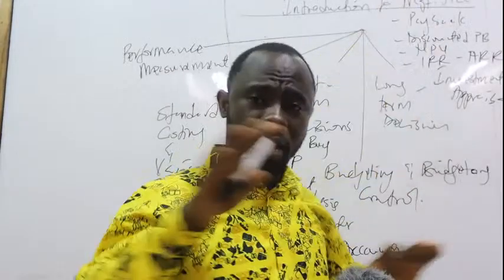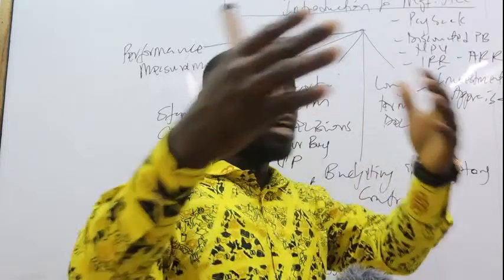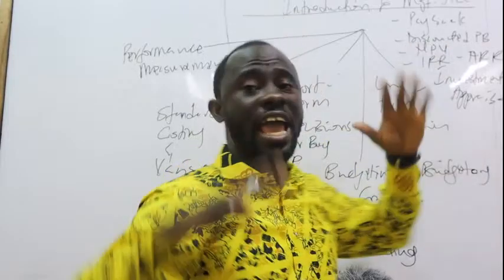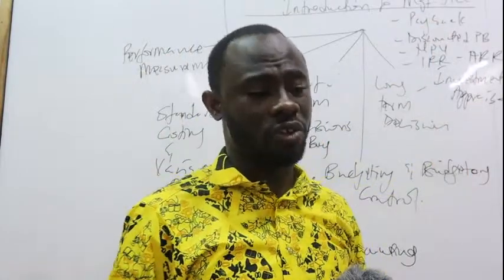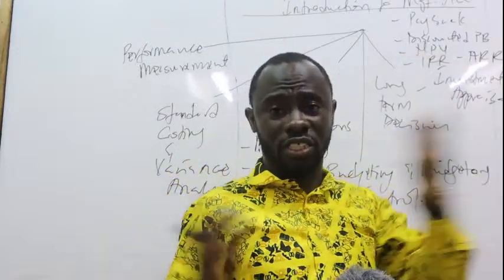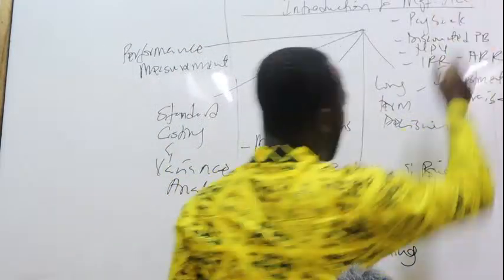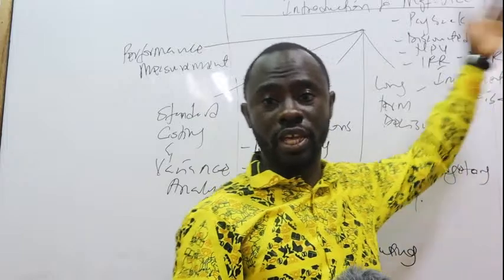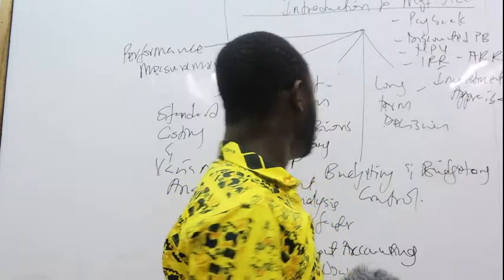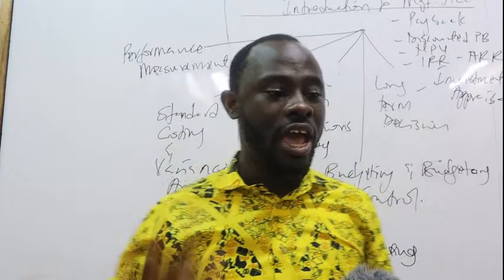So payback period is how long it takes for us to recover the initial capital outflow from the project. Then discounted payback takes the time value of money into consideration. The NPV is where we are discounting all the cash flows on the project into present terms. Then the internal rate of return, which I've spoken about, then the accounting rate of return. So when it comes to long-term decisions, that is what you're going to be looking at. Not only that, then we come to standard costing and variance analysis, one of my personal favorite areas of the syllabus.